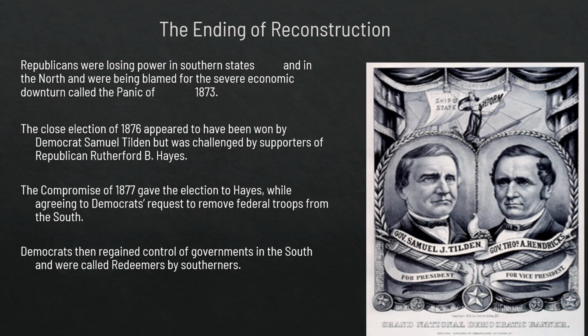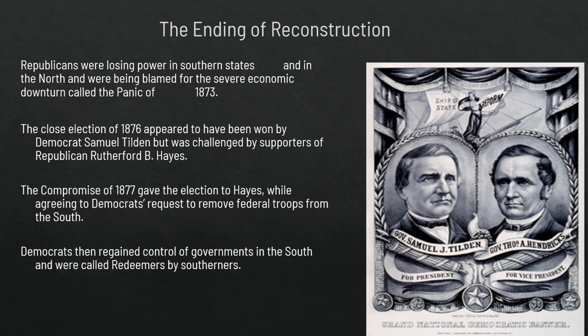And we are going to, of course, have a compromise. So the leaders who are trying to take care of this crisis and resolve this crisis, they're going to create what's called the Compromise of 1877. Hayes would become president, but in return, federal troops would withdraw from the South. And as soon as they withdraw from the South, this is going to end Reconstruction.